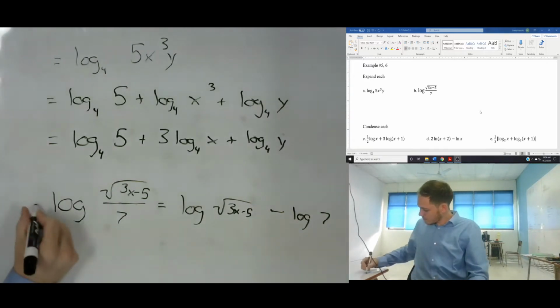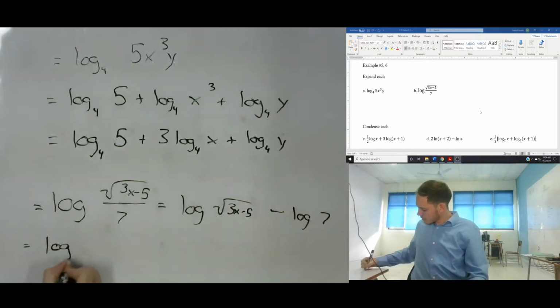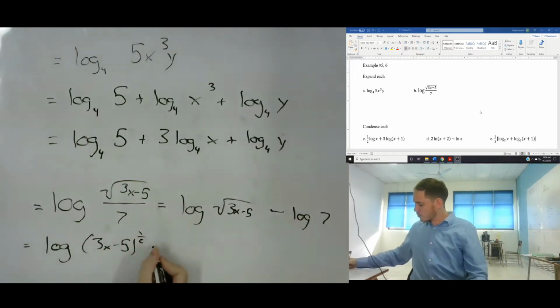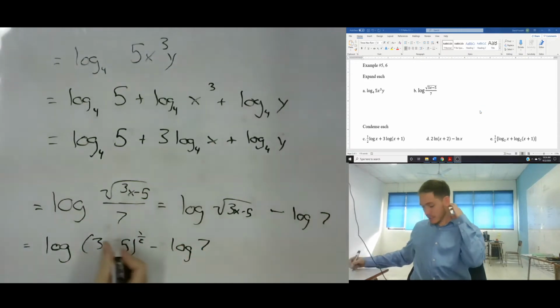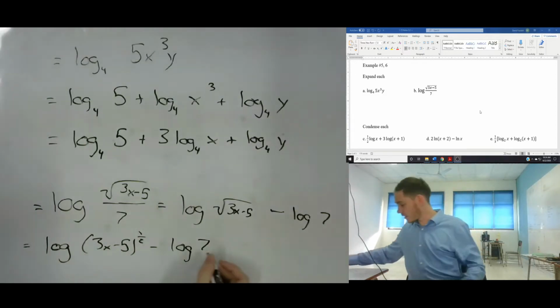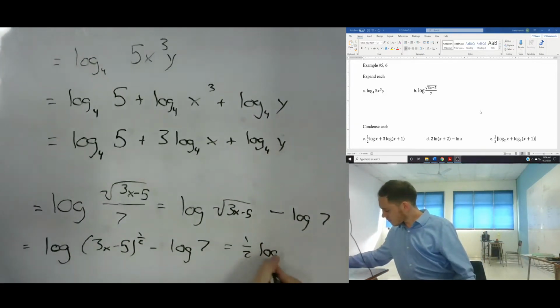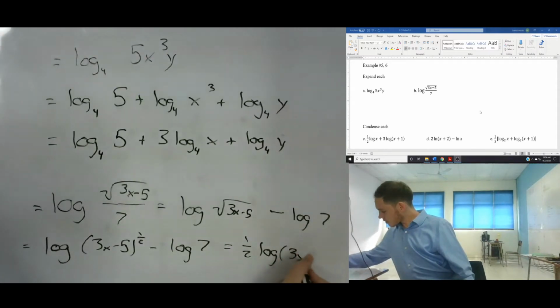Sorry about that. So we're going to get log of (3x minus 5) to the 1/2. Remember, square roots are 1/2 power. And then this 1/2 will go to the front, and that will be our final answer. So 1/2 log of 3x minus 5